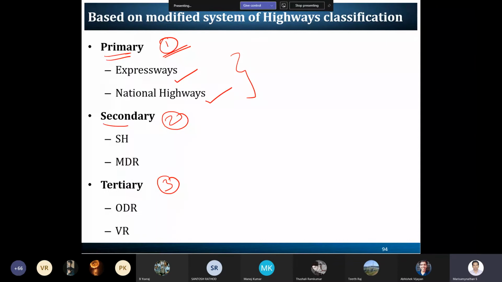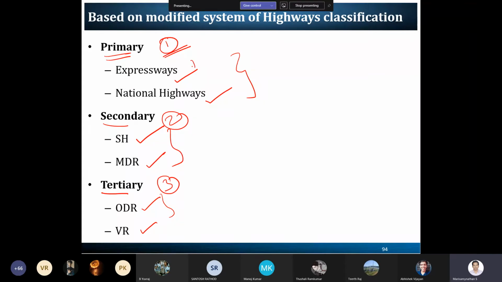Then the secondary comes under the state highway and major district road. So this we can say is purely the state government taking the responsibility. Then the tertiary comes under the other district road and village road. So this might be the village panchayat. Like that, from the central to the state to the panchayat wise, we can divide it. So these are the three classifications we have given under the third 20-year plan,